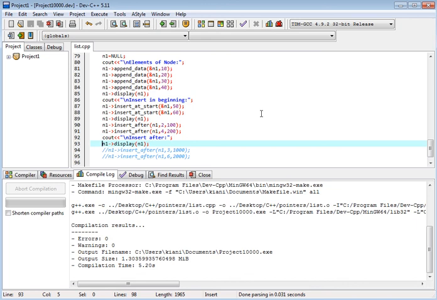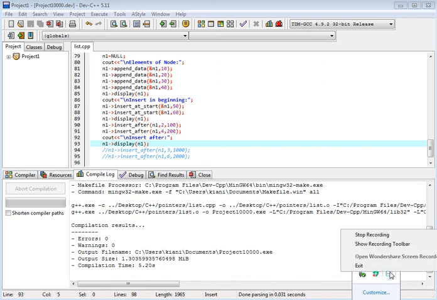Add 100 and 200 after positions 2 and 4. Okay, good. 0, 1, 2 and 0, 1, 2, 3, 4. Okay, 100 and 200 are added after. So this is how we use a double linked list.